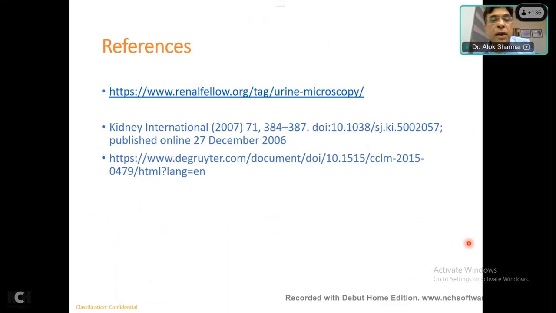So that's all about the urine examination background. I hope you have covered most of the part of it. But as a takeaway, what I would tell you, do not treat urine examination as a routine test. If you do it very diligently and you create a structure around your test, you can actually develop it into a specialty. It's a very, very important test. And in these days of NGS and other